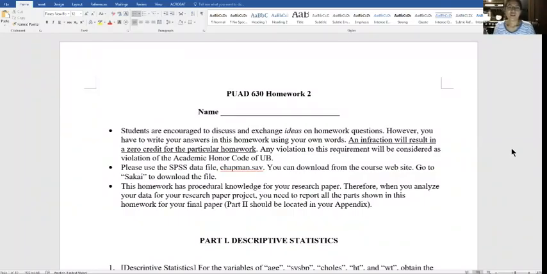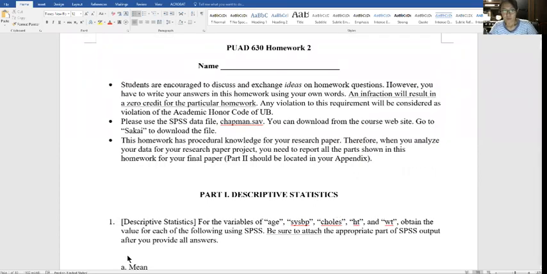Hi. Today I'm gonna make a new video for your homework 2 guide. So you see this homework 2 file now. Well, actually, you might be overwhelmed with these pages, 10 pages long, but you don't need to be surprised.